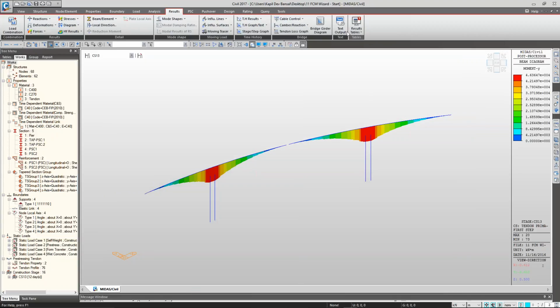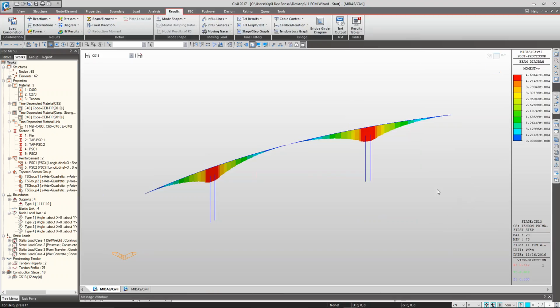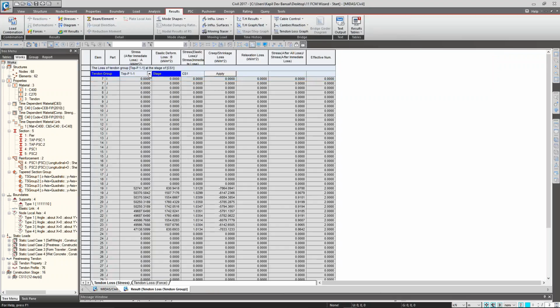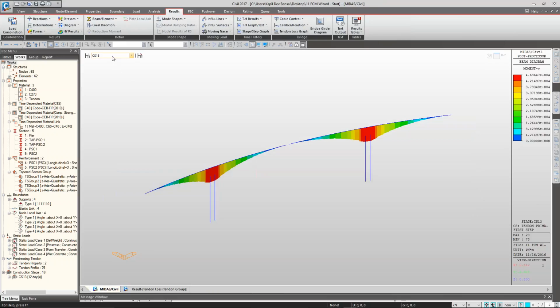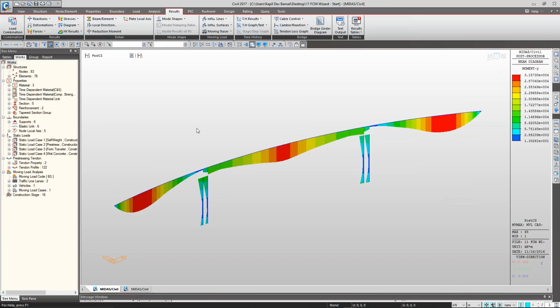Now talking about the tendons. For the tendons, what you can do is go to the result tables, and there in the option tendon, you can click on various options. So you can click on tendon coordinates or tendon elongation or tendon arrangement or the tendon loss. So if you want to see the tendon loss, you can choose the particular tendon group and you can choose the stage in which you want to see the results. So if I move to OCS and I go to tendon and tendon loss,